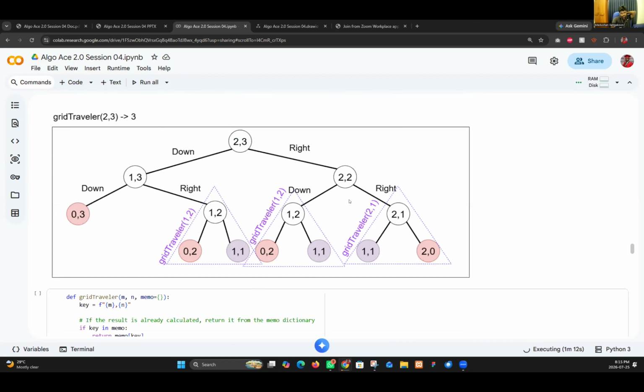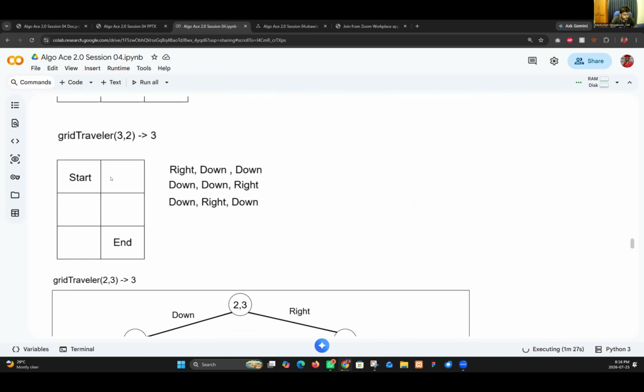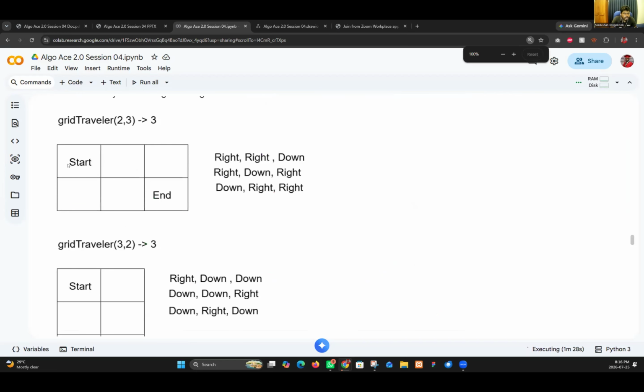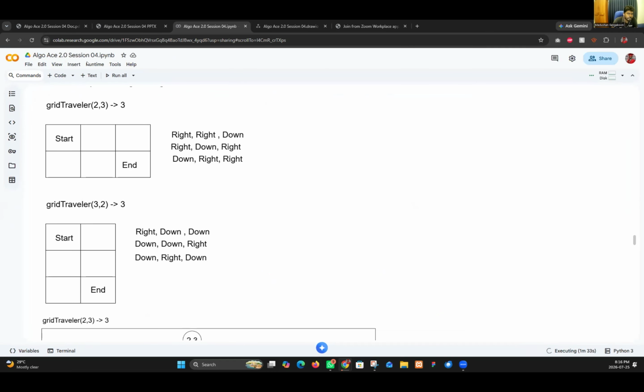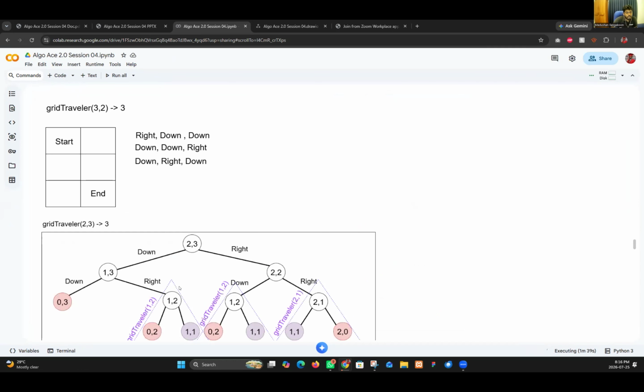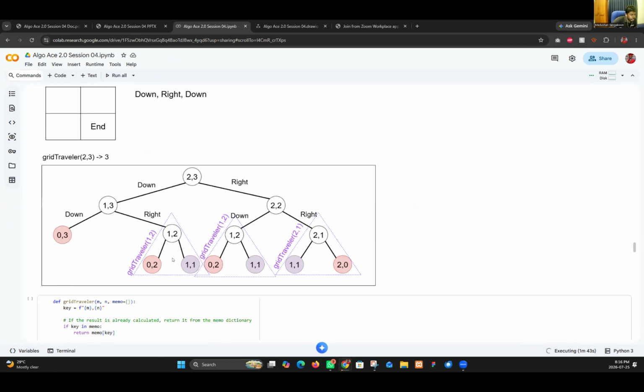Again, the same thing as the previous views: 2 by 3 and 3 by 2 are the same. I think you're familiar with this. So we are going to use the same thing here. How?